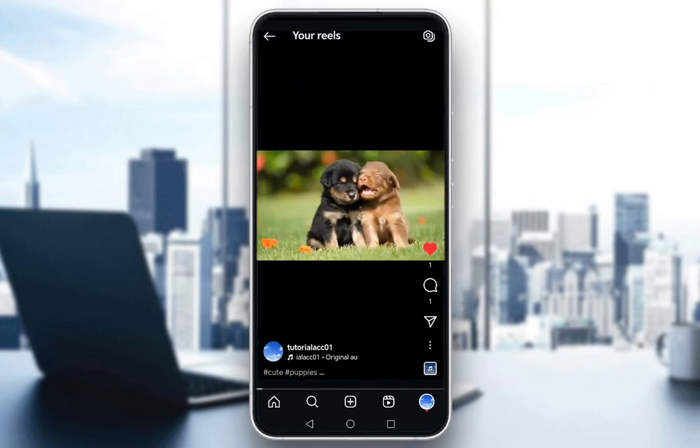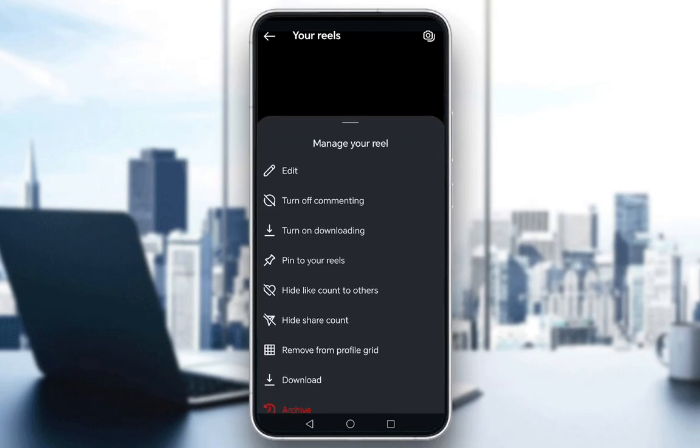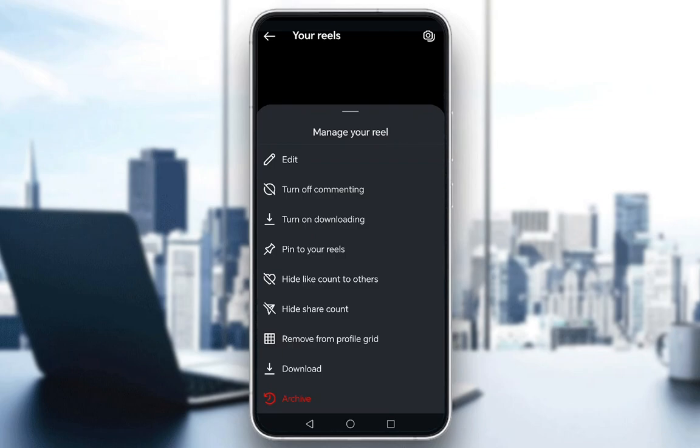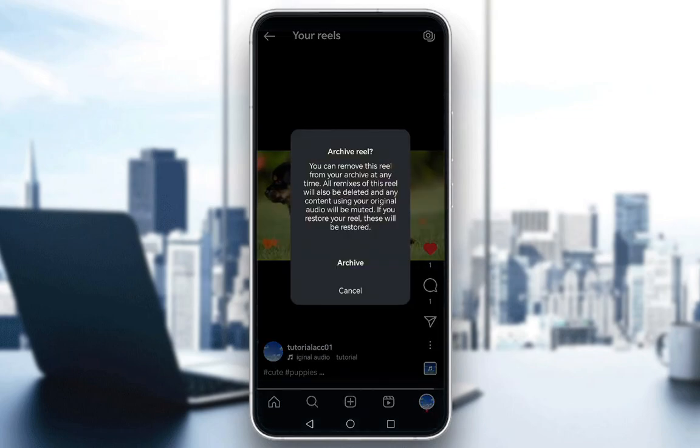So once you open up the full reel view, what you're going to need to do is click on the three buttons in the bottom right, or the three dots. This will open up this menu where you're going to need to click on manage. From here, as you can see, you have a ton of options. However, you have the archive option at the very bottom, which you can just tap, and as you can see, it'll give you a confirmation